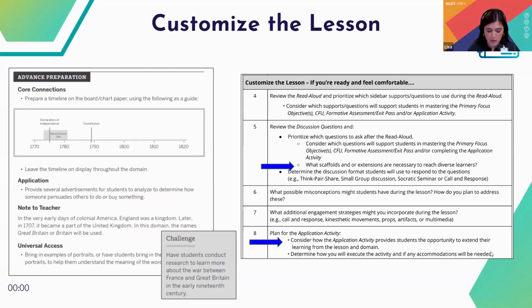Another area to note is that when thinking about our diverse learners, where might we need to mark areas where scaffolds are necessary? Maybe you're looking at something ahead of time and you think, this seems a little complex, I might need to make some notes about adjustments. This is really going to help with your pacing when you have those notes already there because you've gone through and internalized the lesson. What about students who seem to be getting it? Where can we mark opportunities for extension? Again, a lot of times these are embedded in the curriculum, not always, but for the most part, they are there.